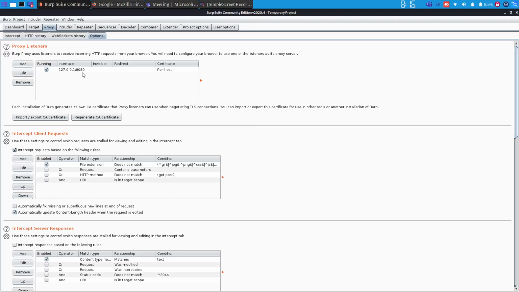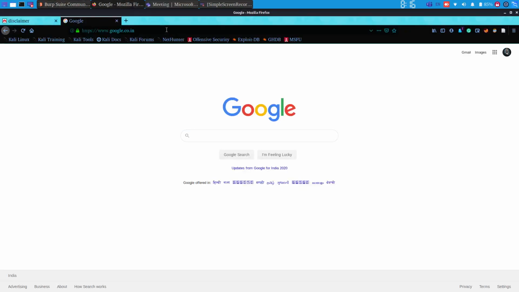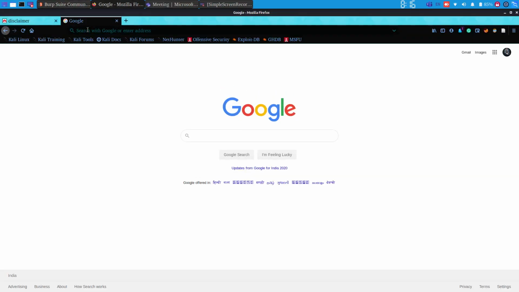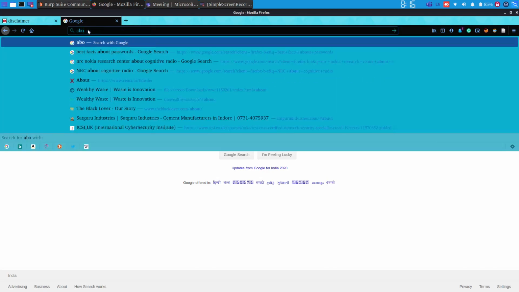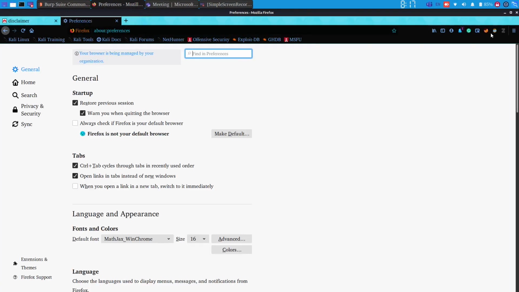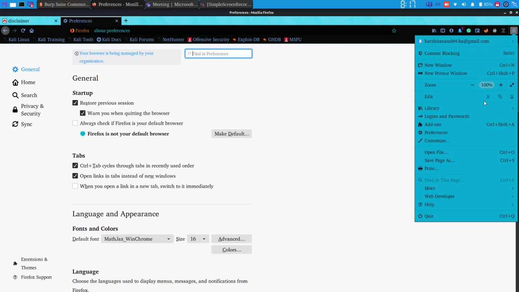To integrate our Burp Suite proxy server with our browser, we can go to preferences. A normal way is simply clicking about, and then going to preferences. The other method is you can go here and go to preferences, that is settings.